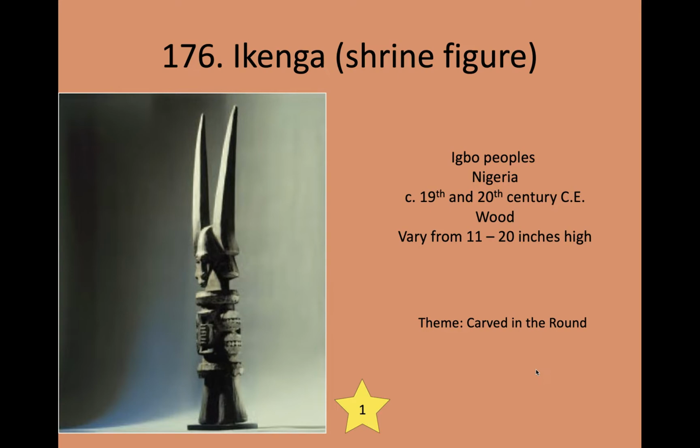An Ikenga is a shrine figure. Okay, that's its job. It acts as a statue for a shrine. Okay, it is carved in the round. It's always carved in the round to be seen from all sides. The word Ikenga means strong right arm. Okay, so that's what that means. And so what you're looking at is a piece of wood that is made for a warrior,